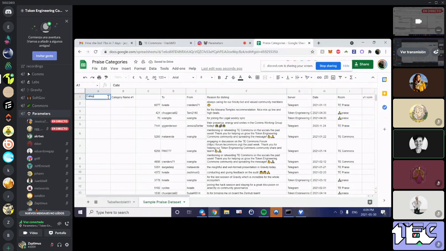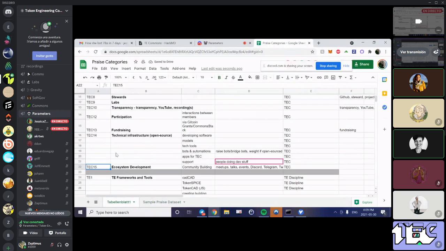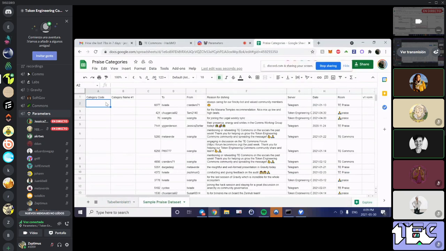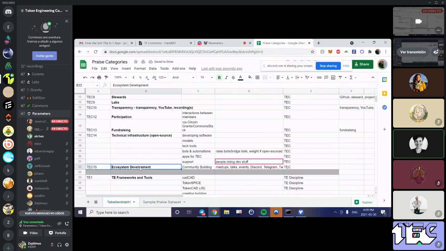Category code. Okay, so then this one is going to be the one you made, TEC 15. I'm just copying and pasting. TEC 15 category name is TEC ecosystem development and community building.